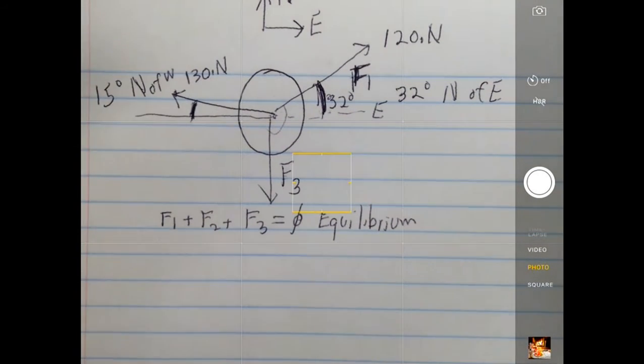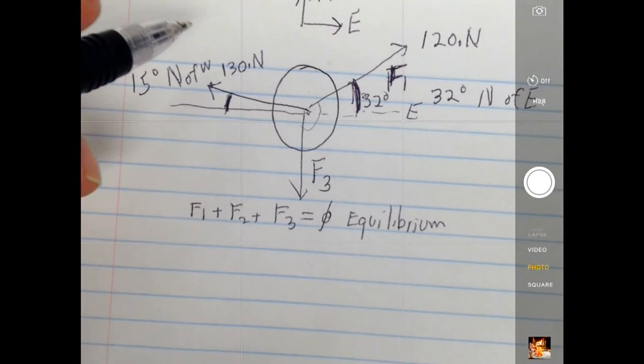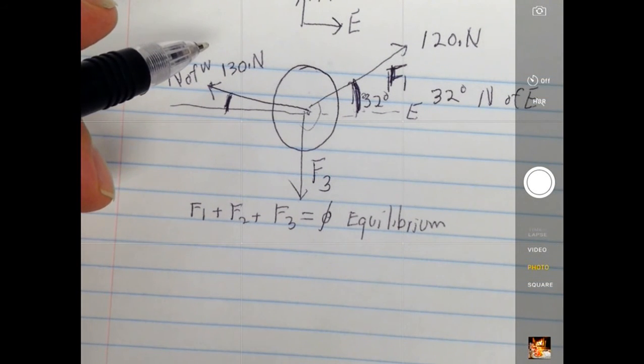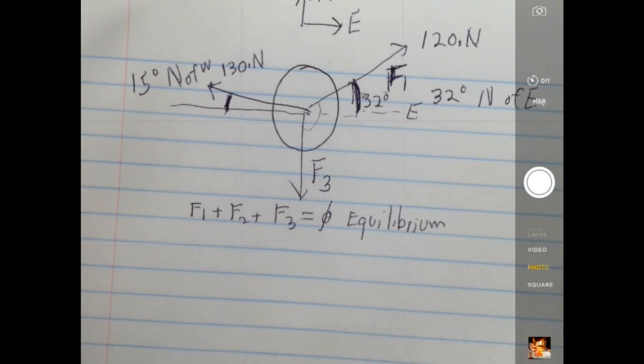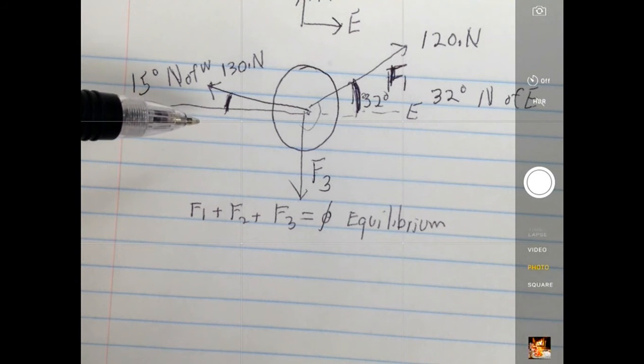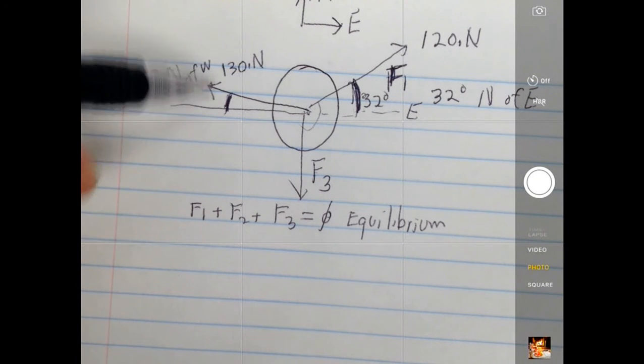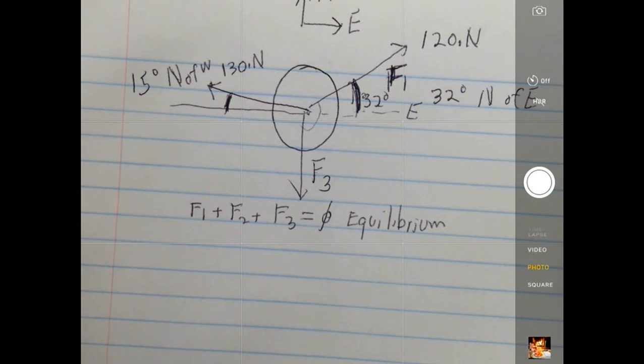Okay, so you guys look like you're already solving the problem. I will point out that you have to resolve each vector into its east-west, call that the x-axis, and north-south, call that the y-axis components. Yeah, okay. So for example, in terms of east-west,